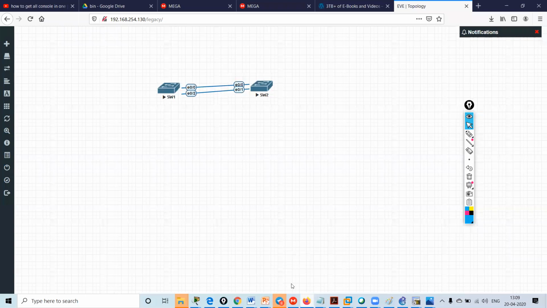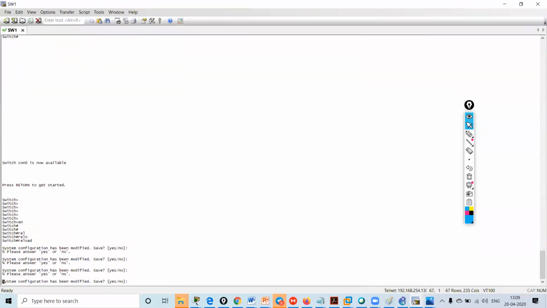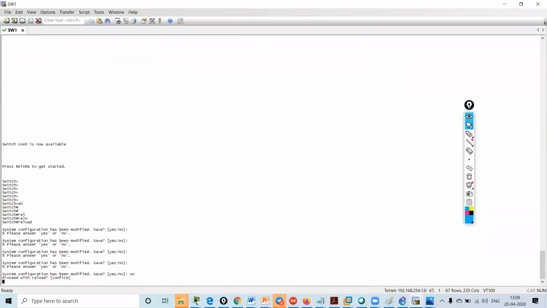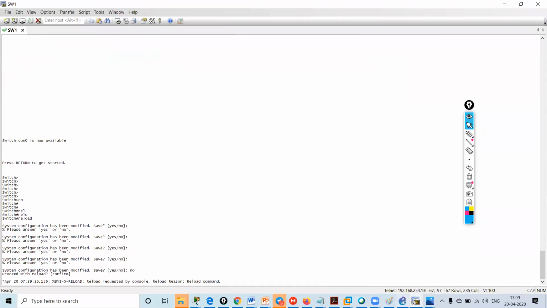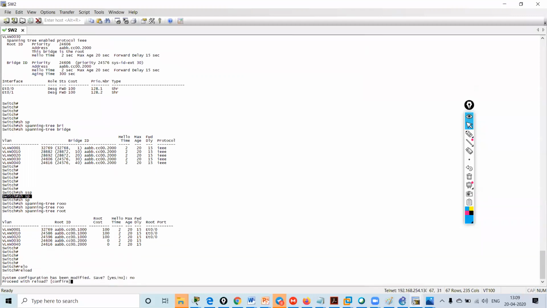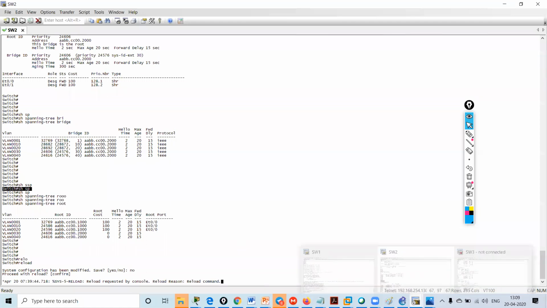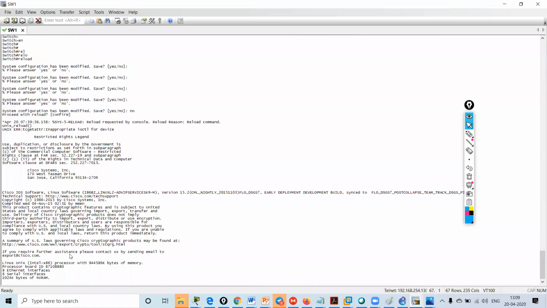I will reload these switches so that the configuration will get deleted. Whatever configuration we have done, we have to delete because we have changed the cost of the spanning tree. So I will be deleting all the things.